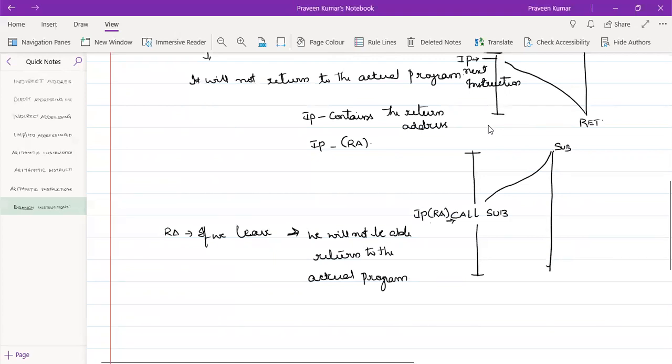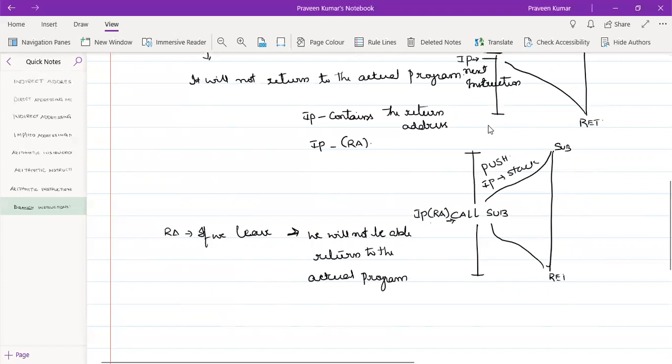So to go to the subroutine, what it has to do? It has to store this particular return address, that is the IP address, into the stack. So to put this address into the stack, we use the instruction called push. As it is a 16-bit address, it occupies two different locations.